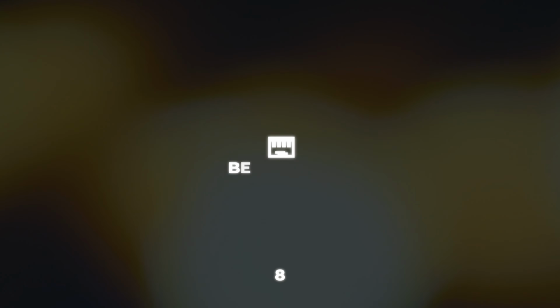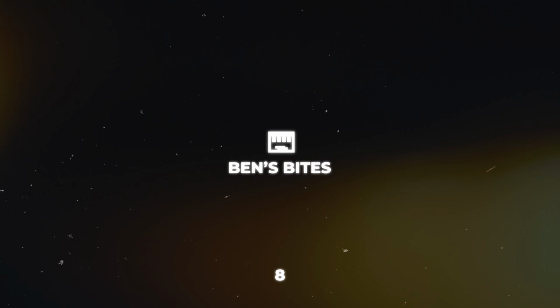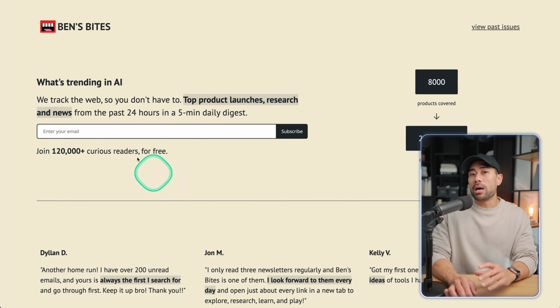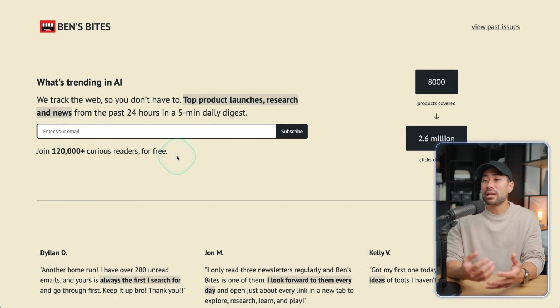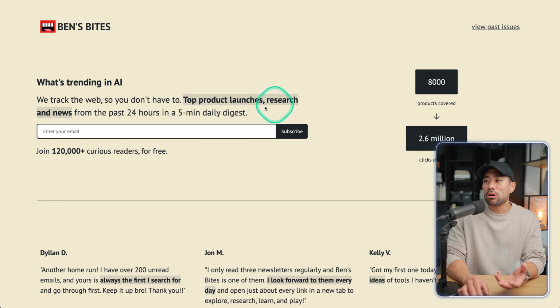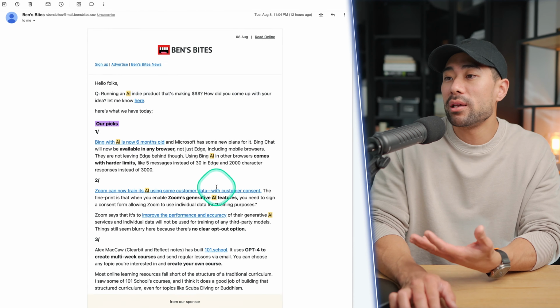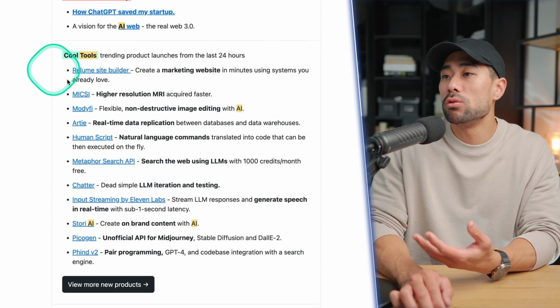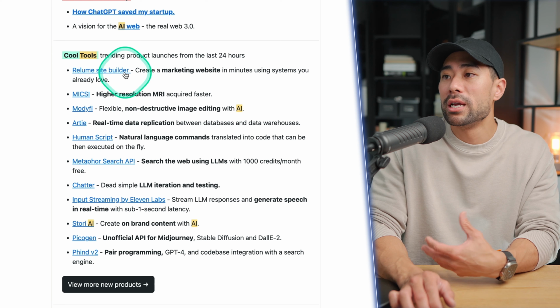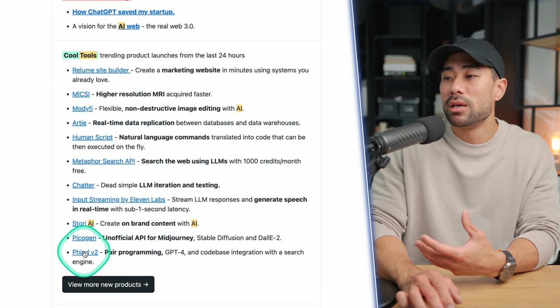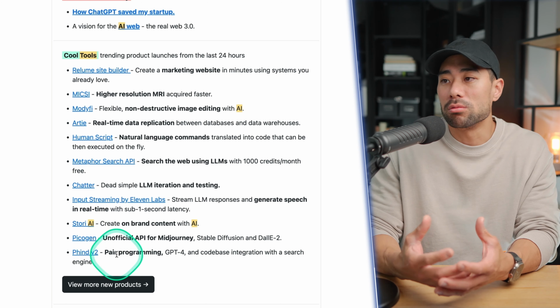Another source where you can find AI tools is Ben's Bytes. This is one of my favorites. And by the way, all of these are free to sign up to. What I like about Ben's Bytes is that it updates every 24 hours, so you get a daily email digest of the latest, not only AI tools, but AI related news and top product launches. To give you an example of one of its past newsletters, we've got this one here, and if I scroll down, you'll see cool tools, and he always lists it in this section, where under cool tools, trending product launches, this gives you an insight as to what are the latest tools or some tools that he's